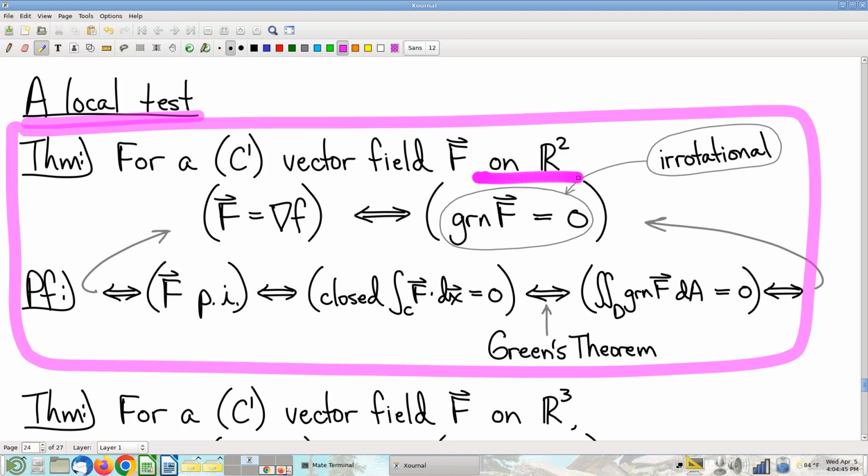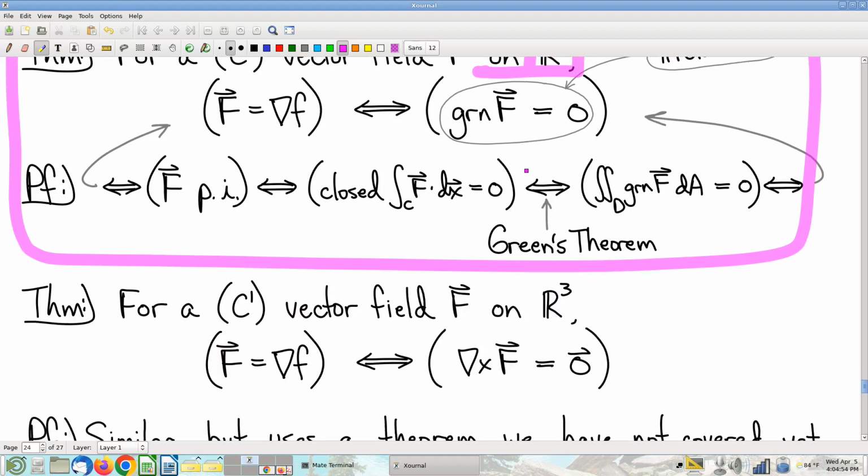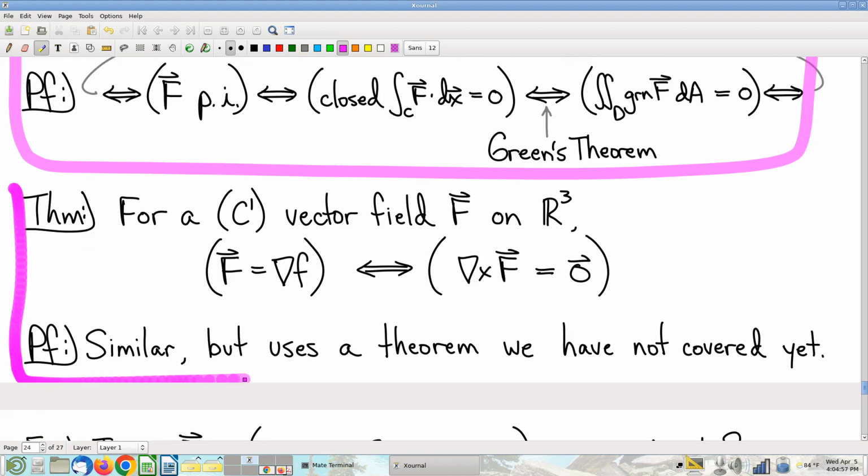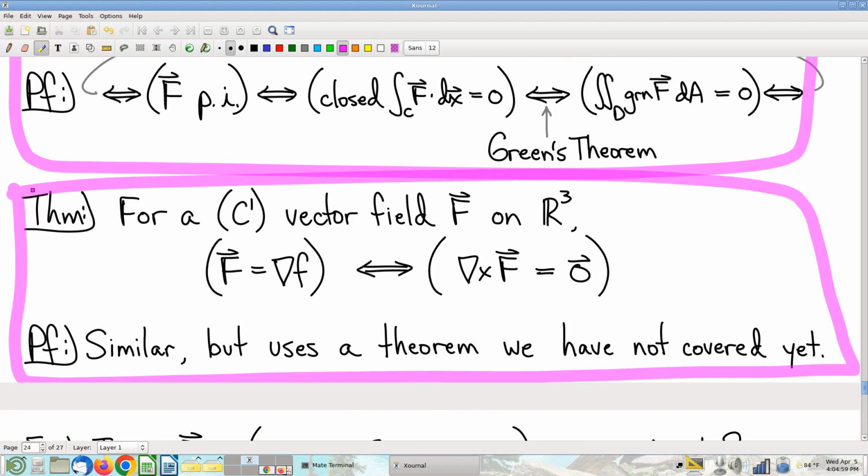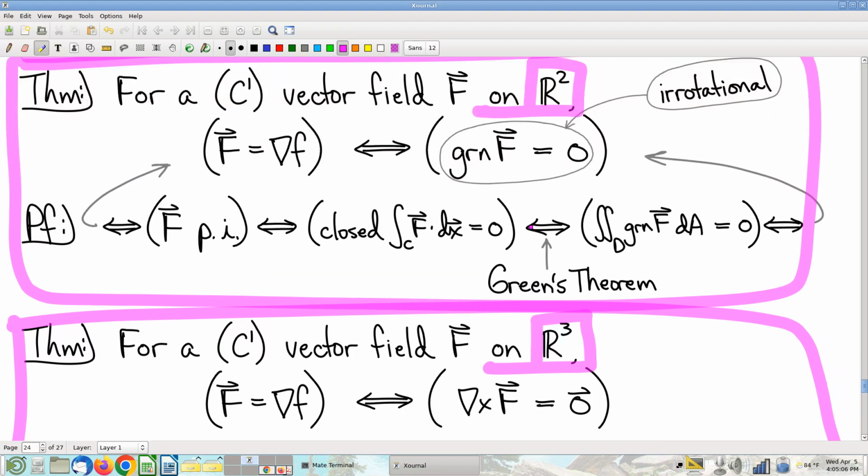It does say right here, this only works in R2. This is specifically the local test for 2-dimensional vector fields. There is also a local test for 3-dimensional vector fields. Right? So if you're in R3 instead of R2, let's see if I can fit this all on the screen here. Yeah. So instead of testing Green's operator to see if you get 0, you would just test curl and see